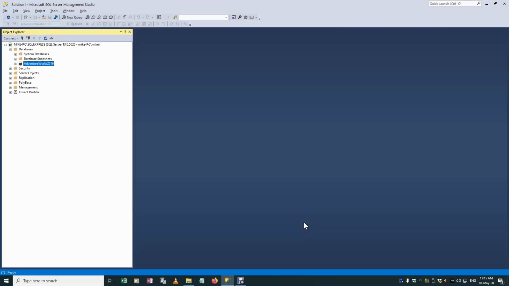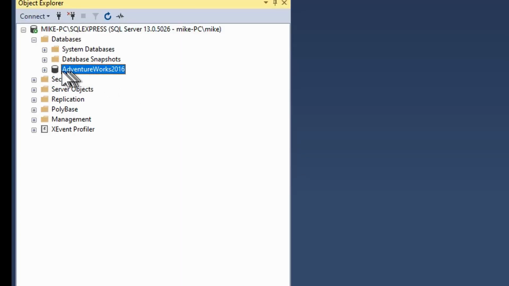Okay, so we've got our AdventureWorks 2016 database restored, set up, ready to go. But before we start getting stuck into doing lots of fun queries, let's talk a little bit about what exactly it is we're working with. What is a database? Well, from a storage perspective and a data perspective, a database is basically